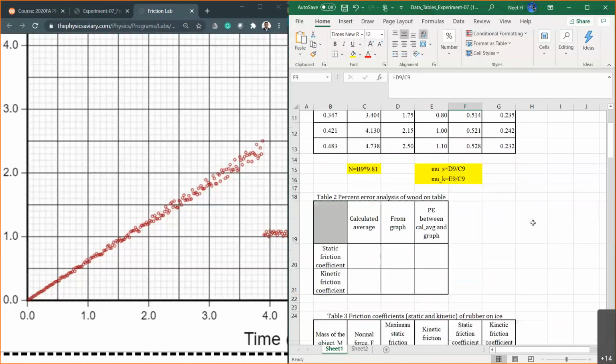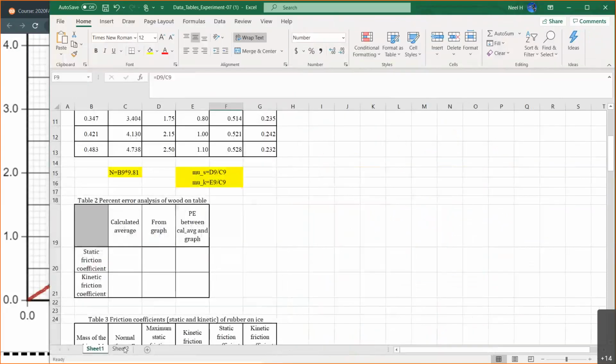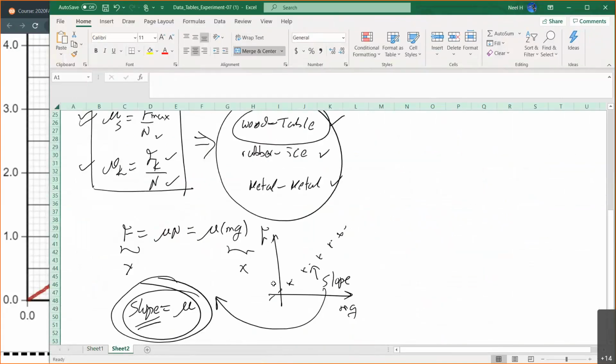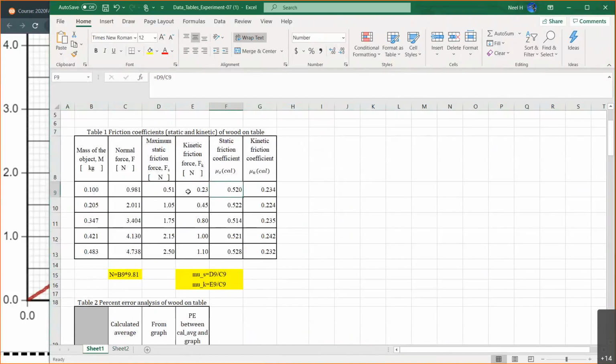Okay, then let's take a look at the graphical method. To take a look at the graphical method, what we're going to do is make a graph, right? Now the graph we identified earlier: we have to make a graph, friction force versus force of gravity, right? Of the moving object on the horizontal plane. So let's make that graph here. I have the friction forces, I have the normal forces. To make the graph, you have to insert the graph first. To insert the graph sheet,